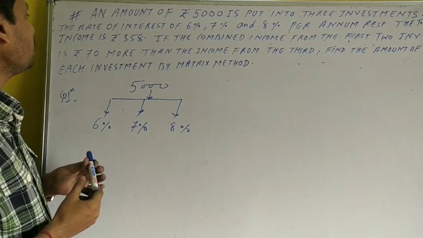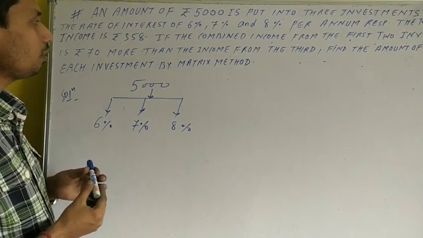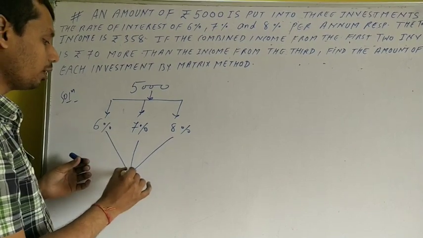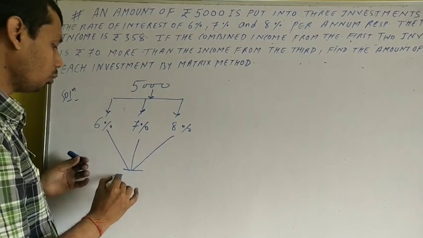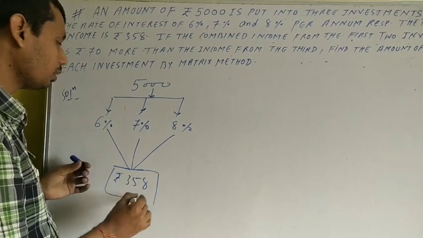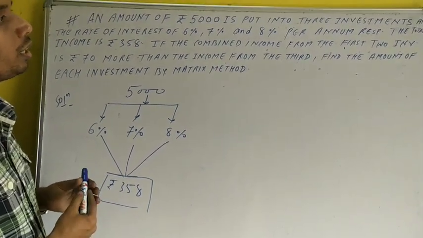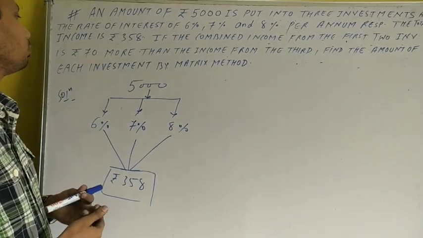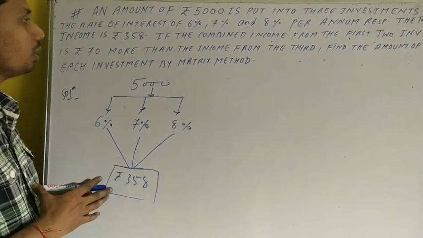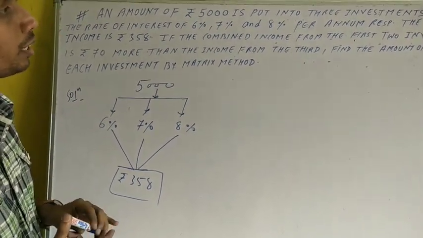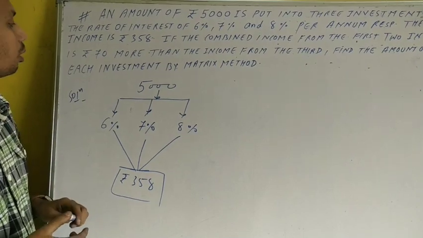The total income is rupees 358. Now, if the combined income from the first 2 investments is rupees 70 more than the income from the third, find the amount of each